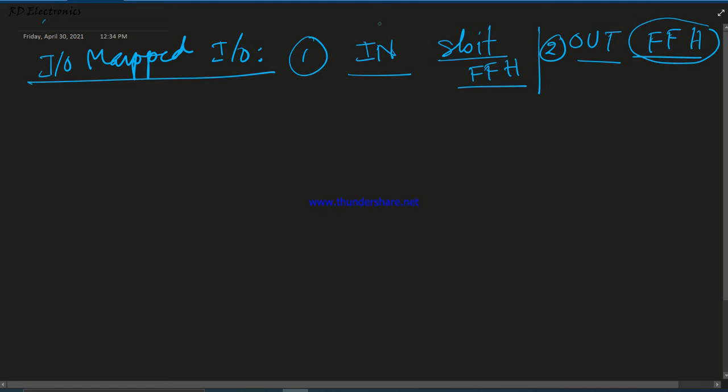So what is the hardware diagram? First of all, to decode this address we need an 8-input NAND gate, and here we apply either A7 to A0 or A15 to A8. Any of them can be connected, but I prefer the low order address bus. This is A7, A6.